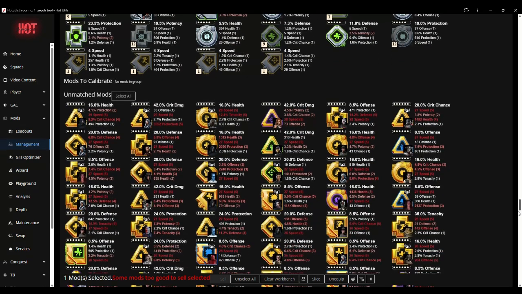Unmatched mods. So like tenacity with crit damage. Generally not a combination you'll see. So unmatched mods. I'm not an expert on the unmatched mods, but generally if there are secondaries that don't match up with the flow of the mod, like offense on a tenacity mod, or